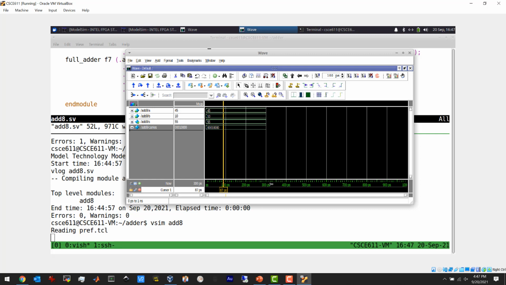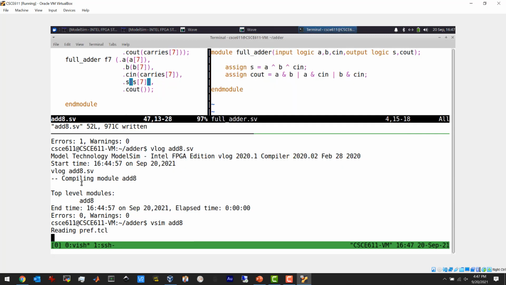Everyone with me? Okay, so now I got it simulated. Now I want to deploy it. I want to put it on the FPGA now. How do I do that? Well, I just need one more thing. I need to build a wrapper. So I need a new top-level design that will take this design and connect it to pins on the